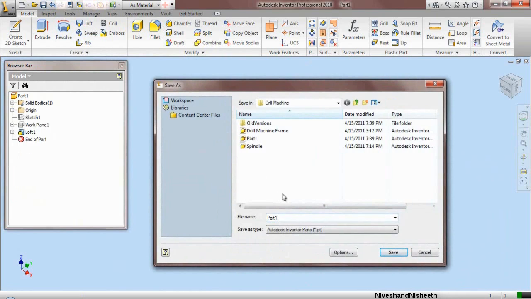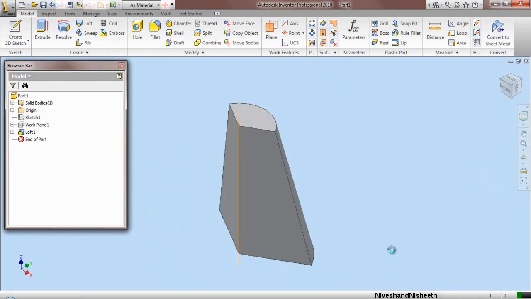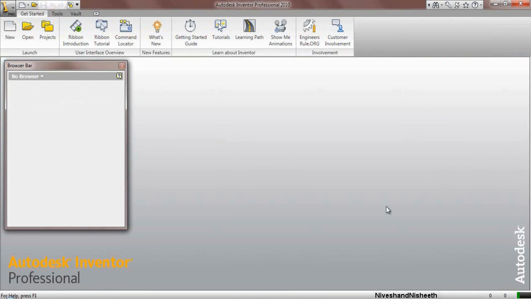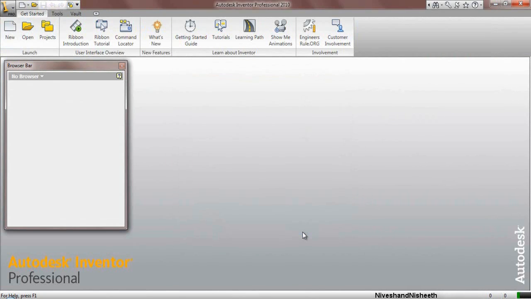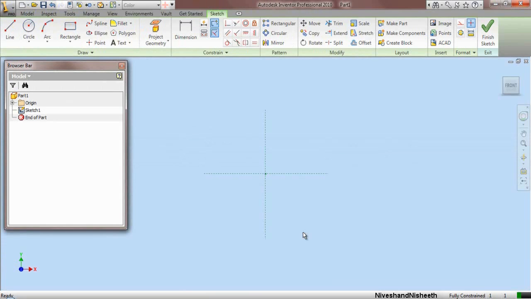Save the part file with the name part 2. Okay, that's it. Close the part file. Now we will create a new part file and click OK. Now we will create a rectangle over the horizontal construction line